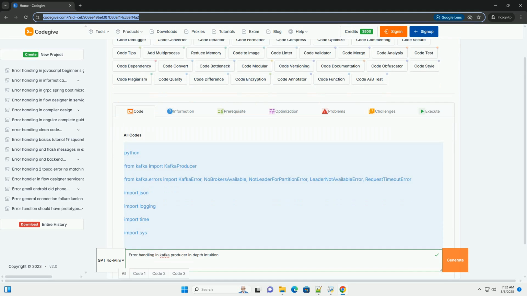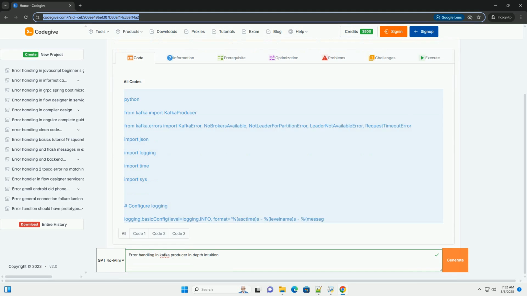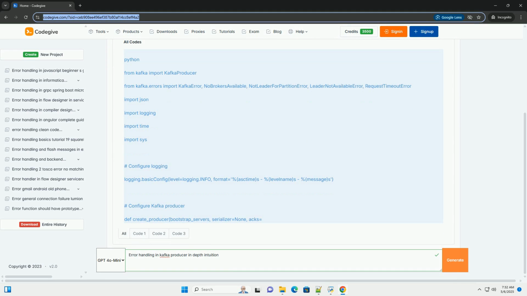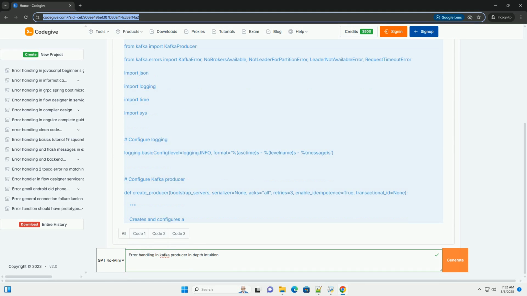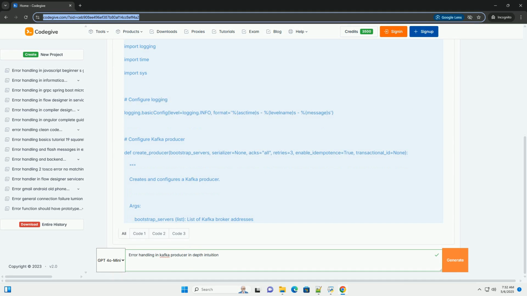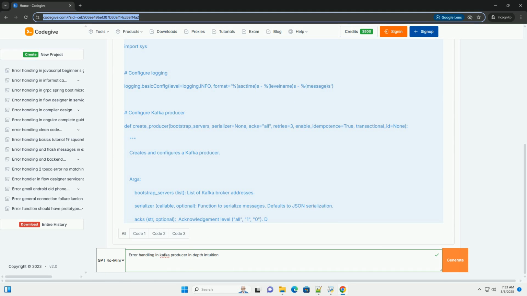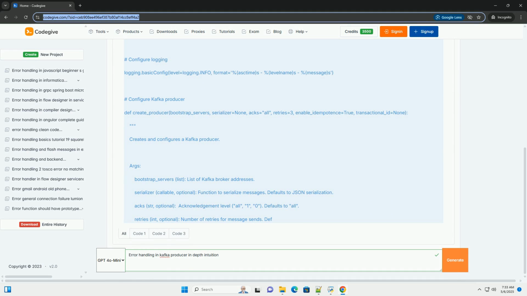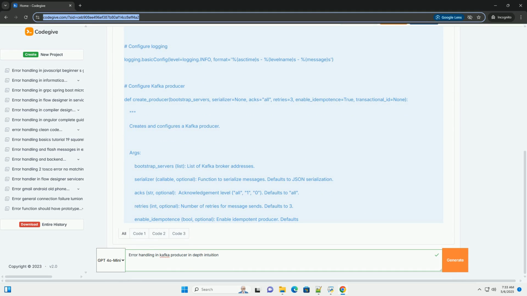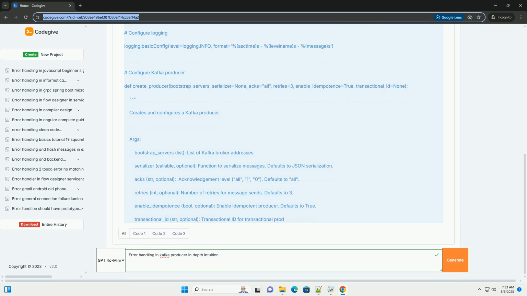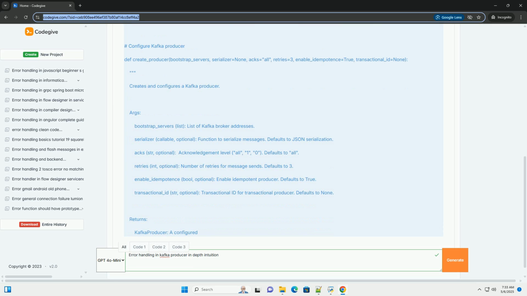Error handling in Kafka Producer, a deep dive with intuition and code examples. Kafka is a powerful distributed streaming platform, but like any complex system, things can go wrong. Robust error handling in your Kafka Producer is crucial for ensuring data integrity, preventing data loss, and maintaining the overall